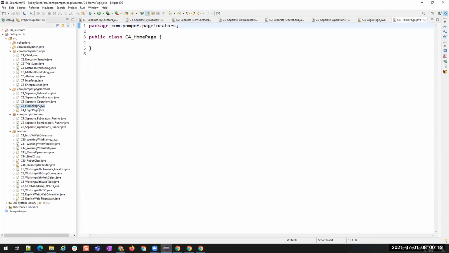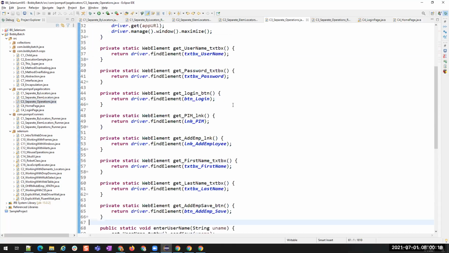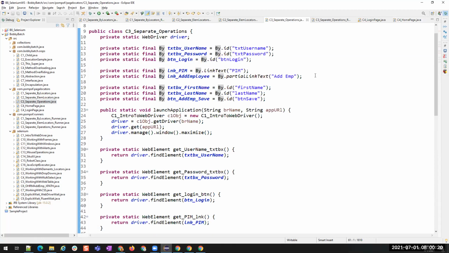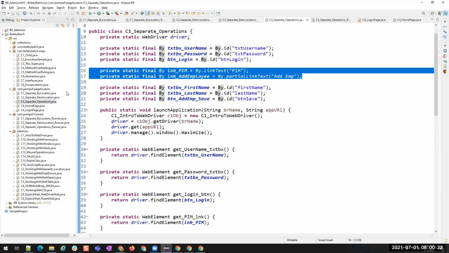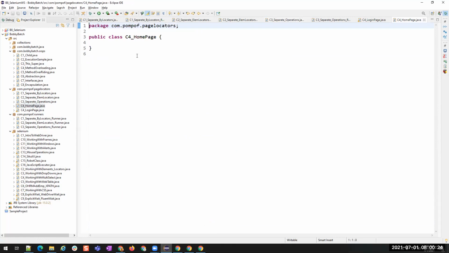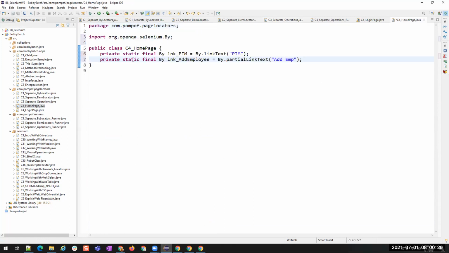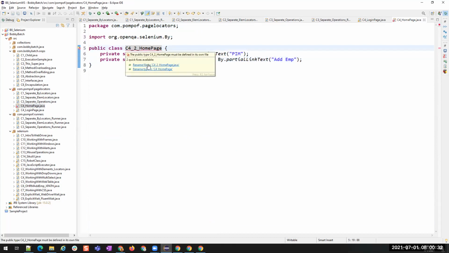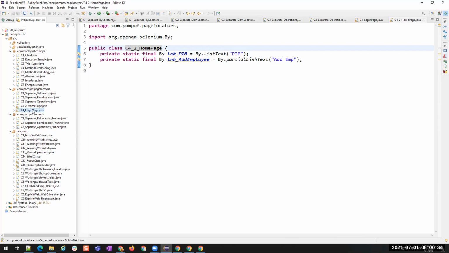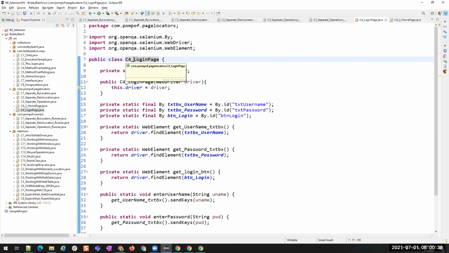And here I'm going to create only elements related to the home page, that is PIM and then add employee. It's better to have C4_2_home page. This also I'll rename to C4_1 so that this will be in order.